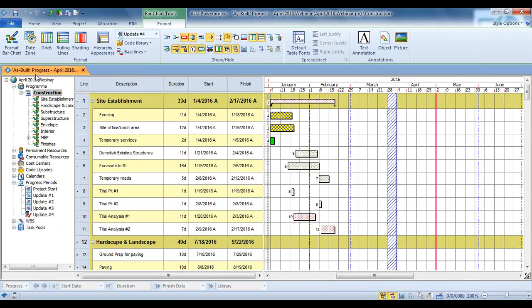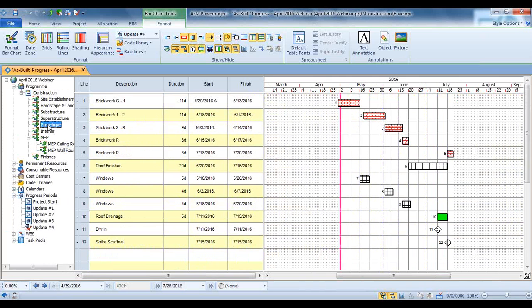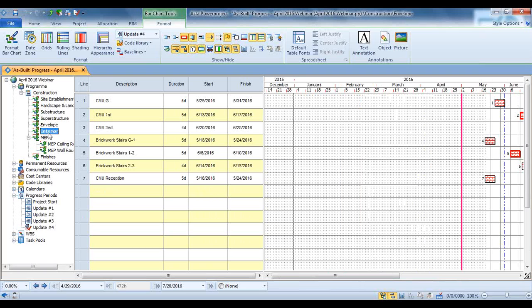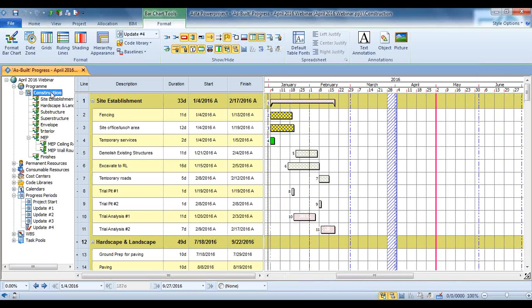First of all, up here under Program is our project hierarchy, similar to the work breakdown structure. The one unique thing about the way Power Project works with the hierarchy is that rather than having to scroll from one area to the next, if I merely click on the heading, it will jump straight to that section and show me only the activities within that section, and I can easily jump back and show the